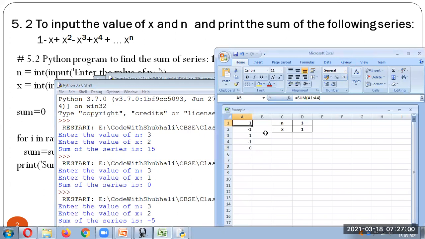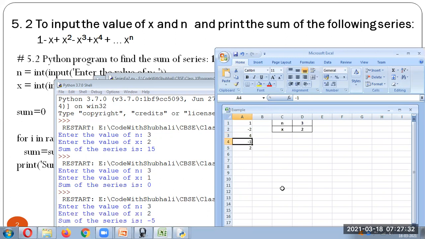If it is 3 and 2, then 2 raised to 0 will give 1 only. Here it will be minus 2 raised to 1, so it will be minus 2. And here it will be minus 2 raised to 2, so it is 4.